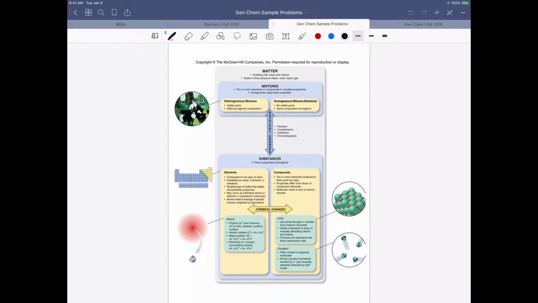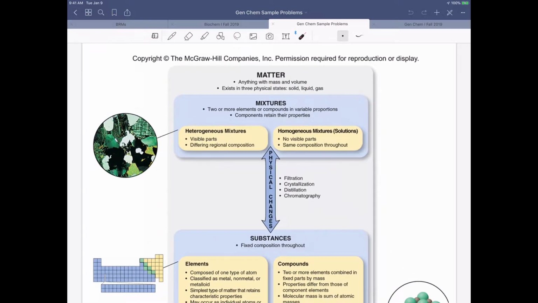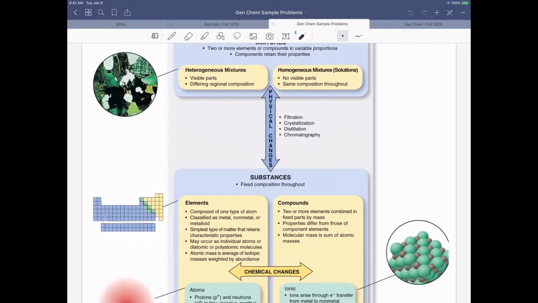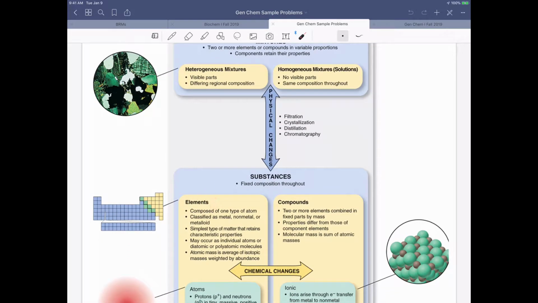So chapter 2 begins with an introduction to matter. And I love this figure at the beginning, and I printed out a copy for everyone to have in class because it kind of highlights for us that everything really is matter. And we can think about it from the very simple kind of beginnings with elements, and then through chemical changes,